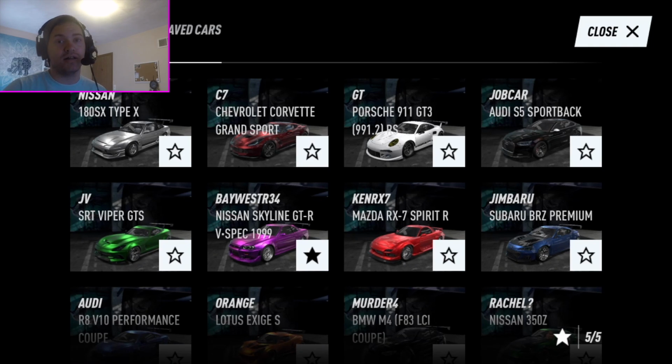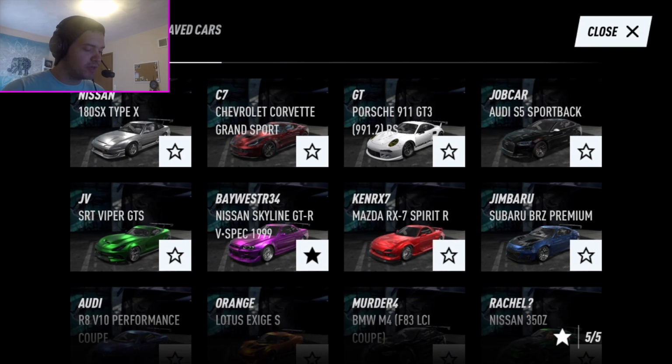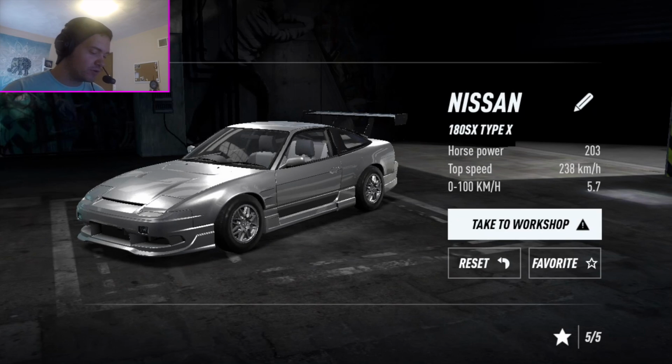I like the car list. It's a little controversial because there are several versions of the same car. I personally like that. Maybe I'm part of the 1%. I don't know. So we're going to be going through a lot of the cars that I've customized in the app. Some of these are cars I'm not going to build, like for instance the first one right here, 180 SX Type X. Will I ever build this? Maybe. It's not high on the priority list,